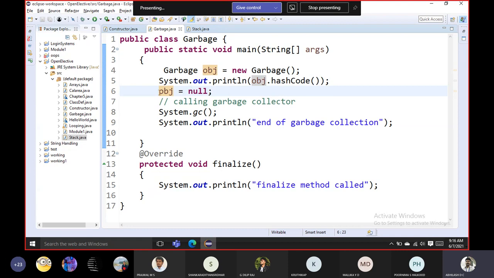And then the object is made null. Why? Because this is no more referring to any value. Whenever the object is no more referring to any value, that object will be subjected to deletion. Right? If I don't use this particular line, it will never be deleted. Why? Because a PC